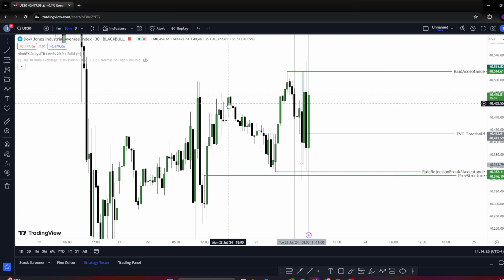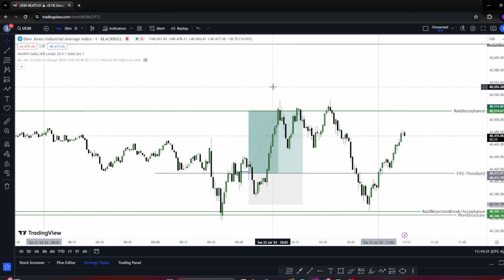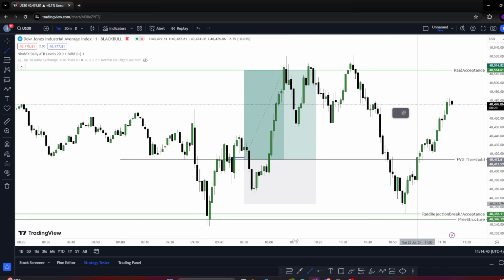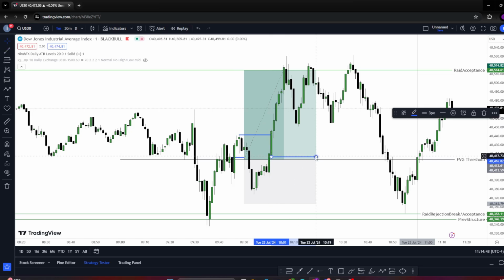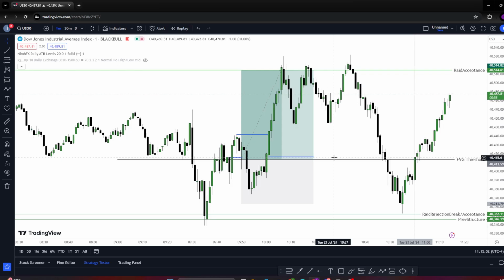So yeah, that is the trade that I took today. We can talk about trade management a bit because I think it's quite important and a lot of people struggle with that. And what I eventually did is simple. The moment we closed above this minor swing, my stop loss went below the candle that closed above this minor swing, which in this case would have been here. You can see that I'm always using the thrust candle principle to, one, enter my trades and know where my stop loss needs to go, and number two, to manage my trade once I'm actually in the trade. So I place my stop loss initially there,